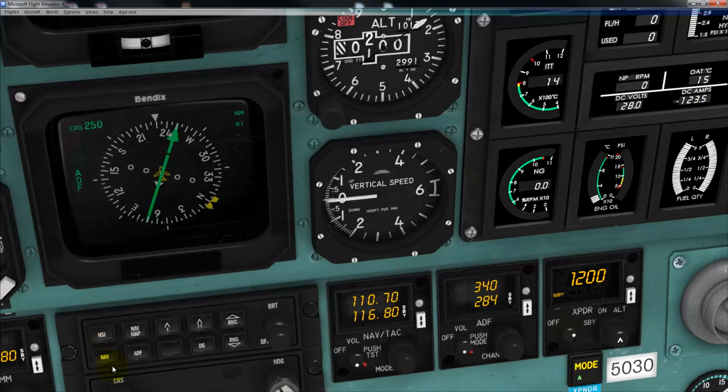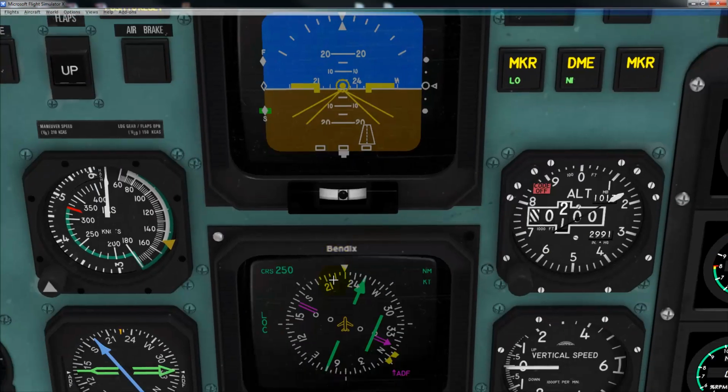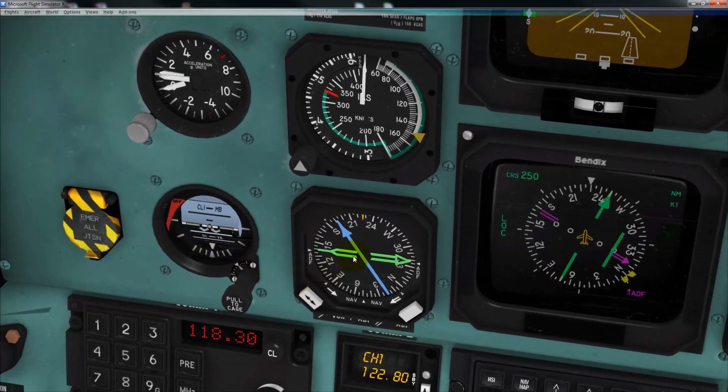Most of the time you're going to be staying in NAV mode but pressing the double pointer selection mode here, which brings up the purple ADF mode option. This points to the current NAV aid. In our case, it's pointing to the Pierce NDB. This is also reflected over here on our RMI needle. If we press this button and change our source across to the ADF,